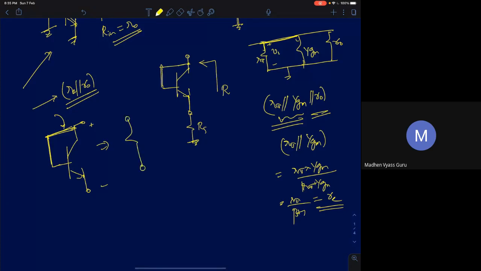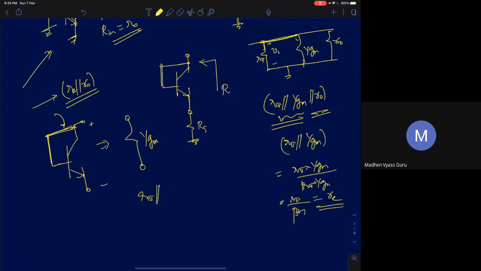And what is the value of the resistor? Approximately 1 by gm. See, there are three values in parallel: R pi in parallel with 1 by gm in parallel with R naught. That's what you have written. But generally, R pi and R naught will be much larger than 1 by gm. Right? R pi will be beta times larger than 1 by gm. R naught will be A naught, the intrinsic gain, times larger than 1 by gm. Is that okay? So you have R pi parallel R naught parallel 1 by gm, so I can approximate this to 1 by gm. So this two-terminal device, just replace it with 1 by gm.